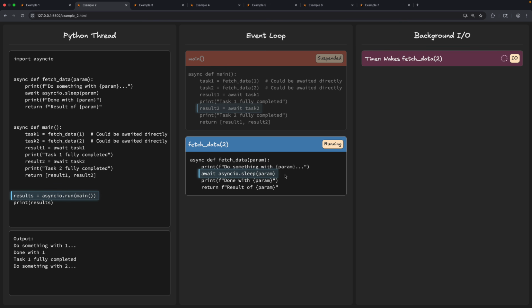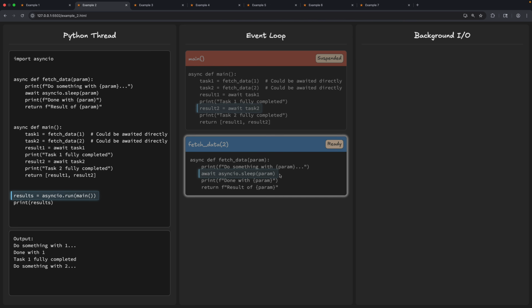So it kicks off that timer. It suspends our task. That timer eventually is going to complete. Once that's complete, then our task can wake up here, and now it's ready to run. The event loop is going to see that, run it where it left off at this await statement, and then